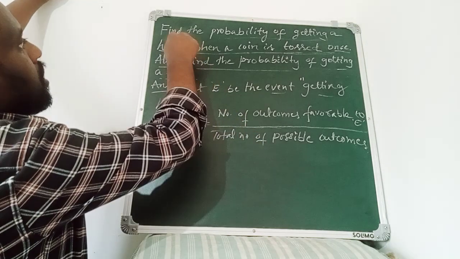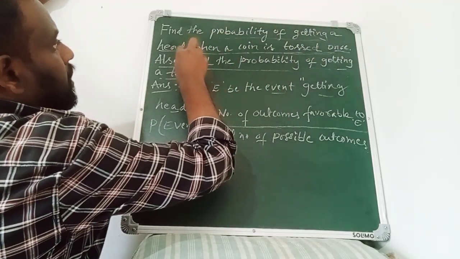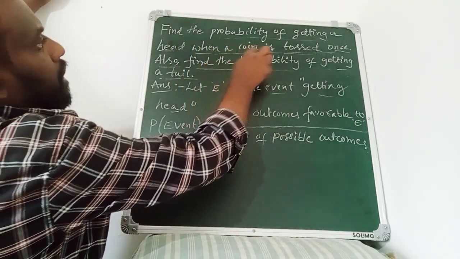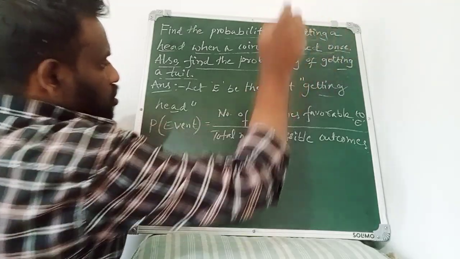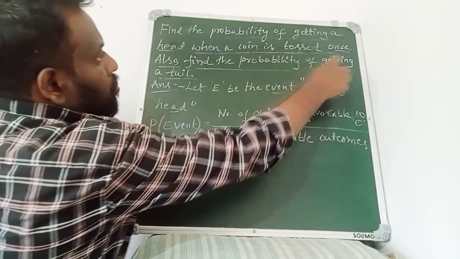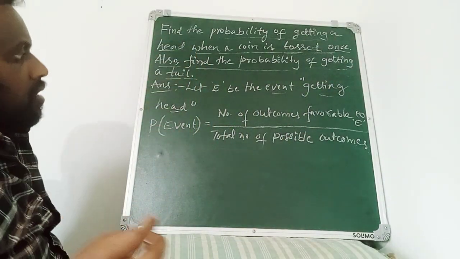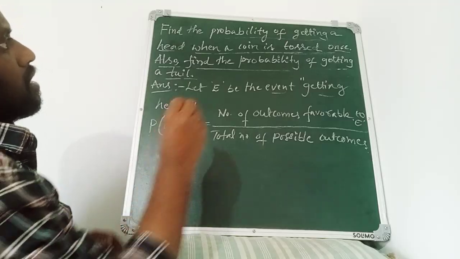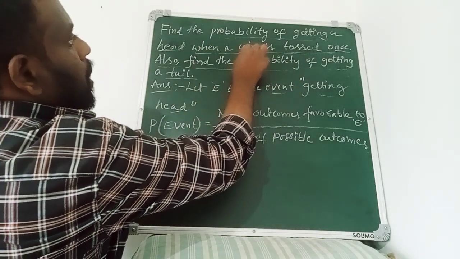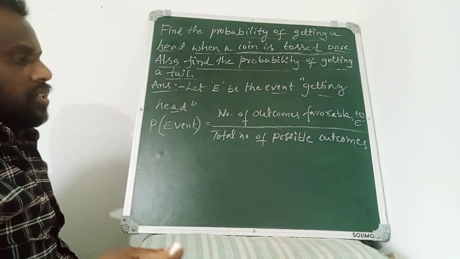Find the probability of getting a head when a coin is tossed once. Also find the probability of getting a tail. Now consider this part. Coin is tossed once. That means